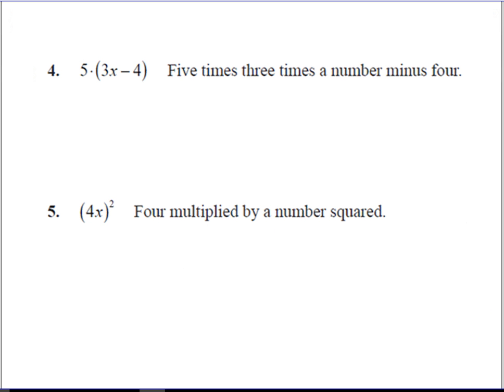Here we have 5 times 3 times a number minus 4 is the words. So let's put that down. So 5 times 3 times a number minus 4. So again, just like one of the other examples, it doesn't tell us that we have to do some subtraction before we do multiplication. So we need to make sure that that's clear. So one way we can write that